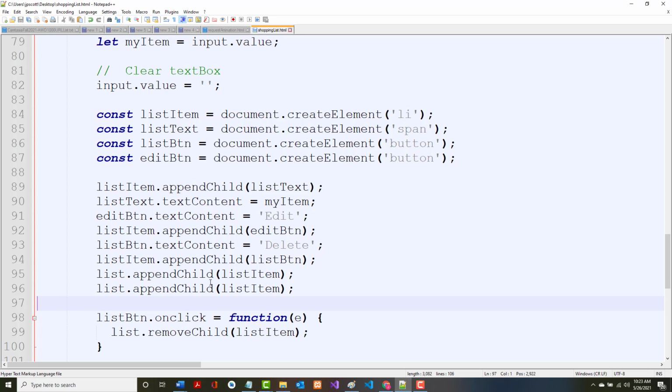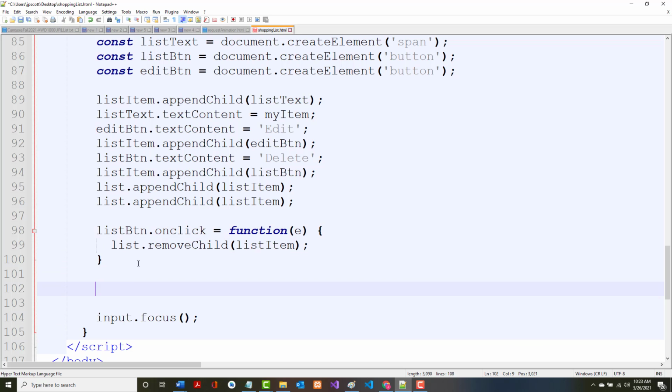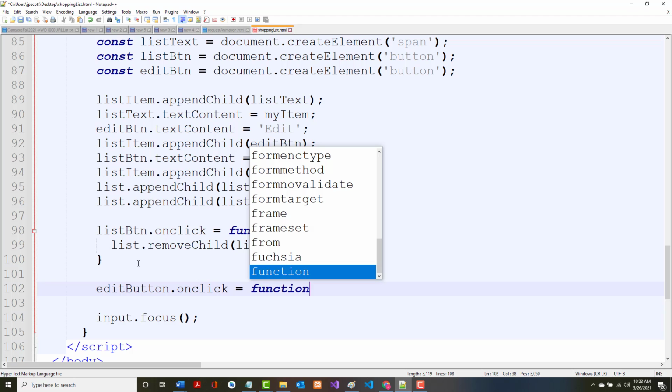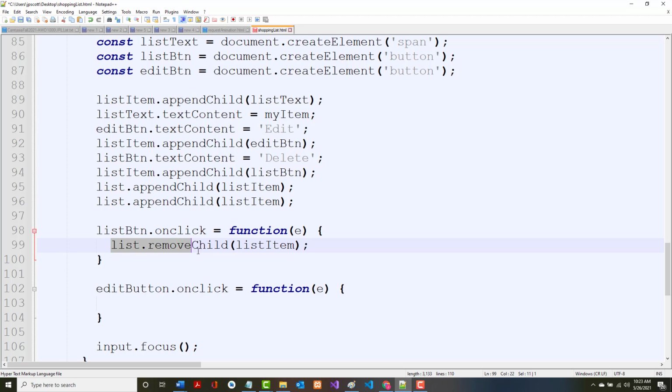All right. Then if you press that, well, what do we want to have happen? So if we click delete, we want to remove it. All right. So we'll also want in here for edit button dot, spell it correctly, edit button dot on click equal function e. And what do we want? We don't want to remove it. We want to be able to edit it. So we're going to have to take a look at